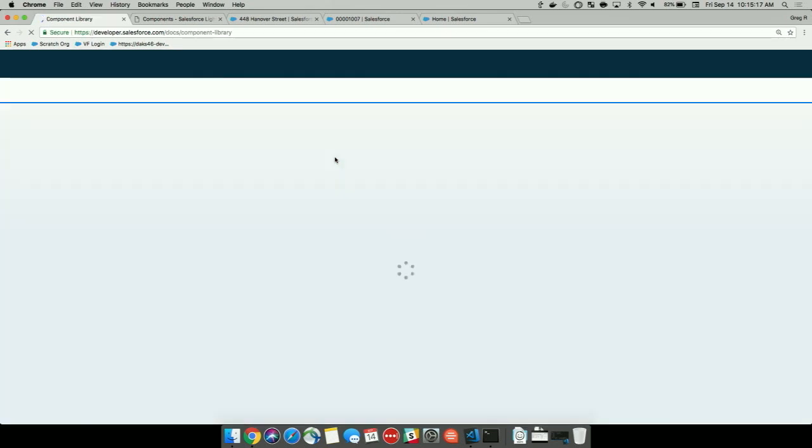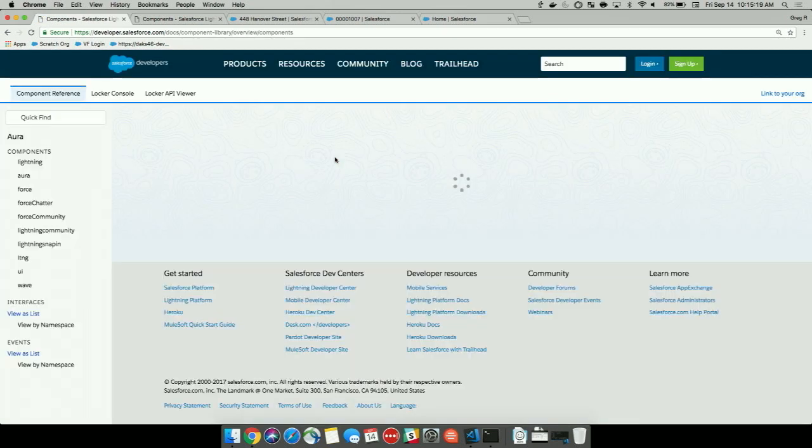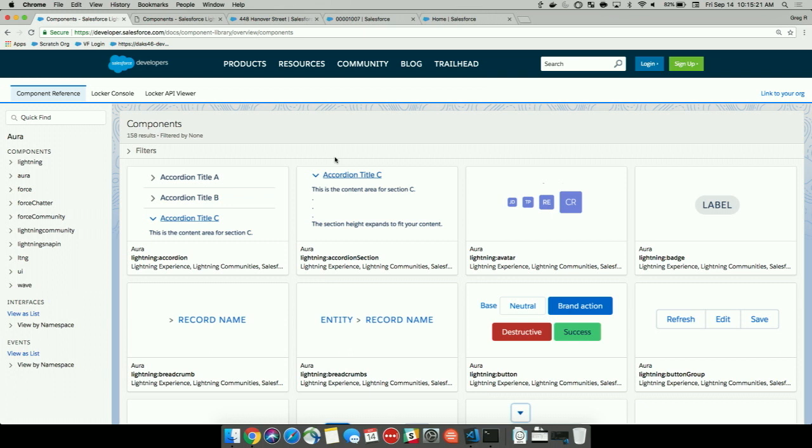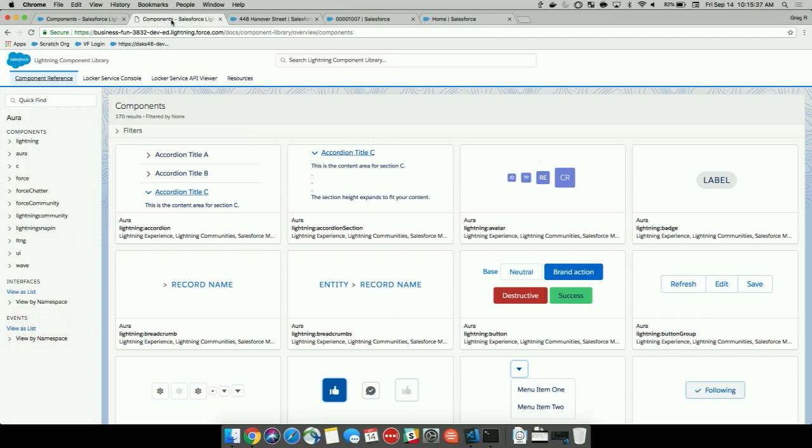And when I click on that, that takes me over to my library. Now, it's going to give me a preview of a lot of things that are here inside of the library. But one thing that I want to point out is that there's also this login button here, or this link to your org button. Now, when you do that, and I've actually done that in a different org, you're going to see something new appearing over here in the left-hand side,